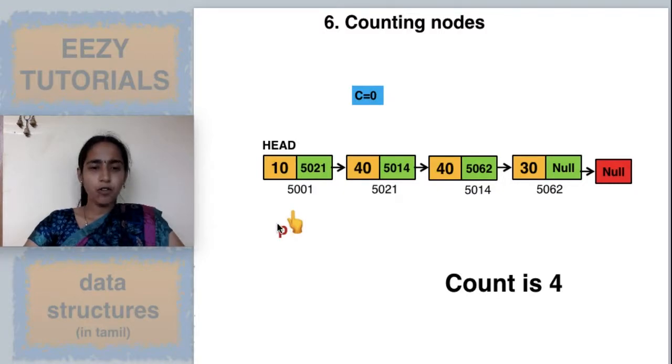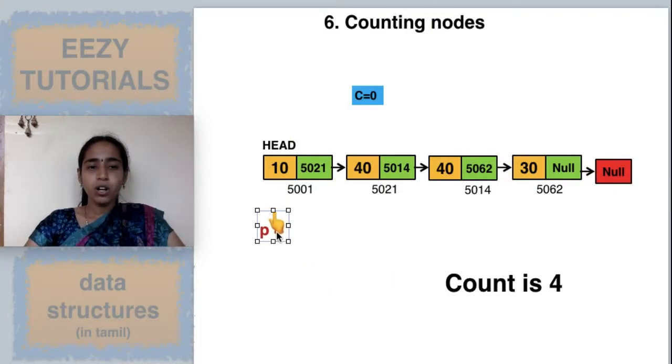So manually, how will we do this? I'll have an index finger. I'll start from the starting node, that is the head node of the linked list. I'll count 1. Then I'll move my finger to the next node. Then I'll count 2. Then I'll move the finger to the next node. I'll count 3, and it goes on till you reach the end. So how will you know you reached the end? When my finger is pointing to null, I should not count further. I should stop. This is the manual procedure for counting.